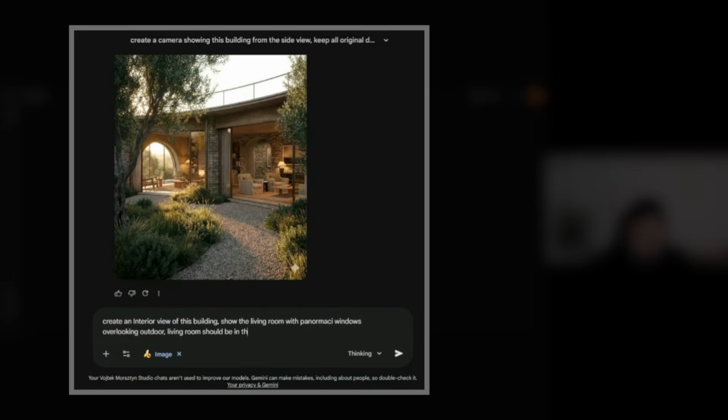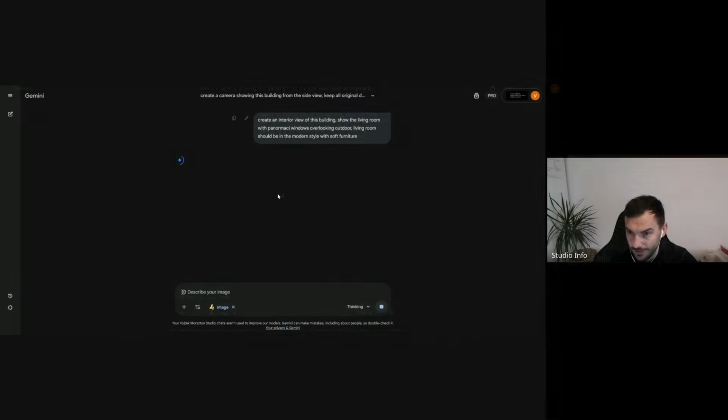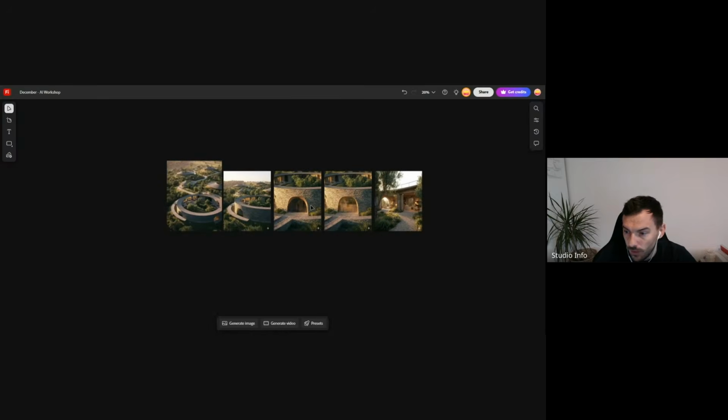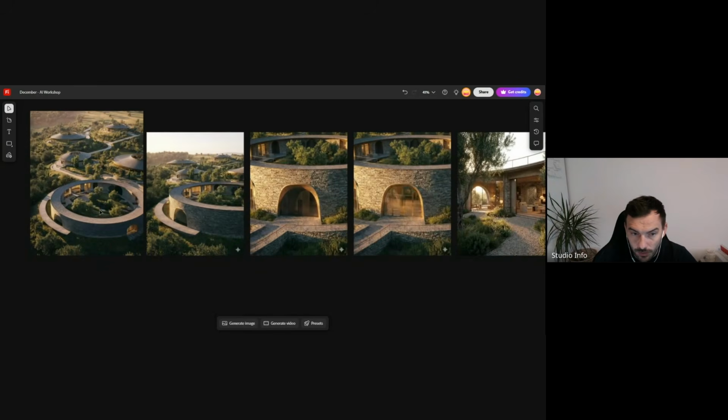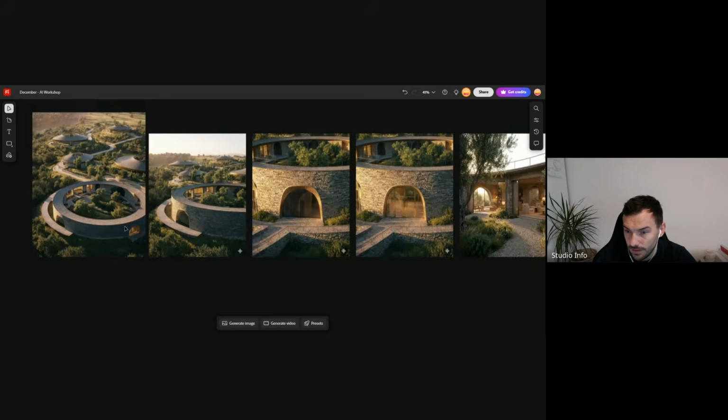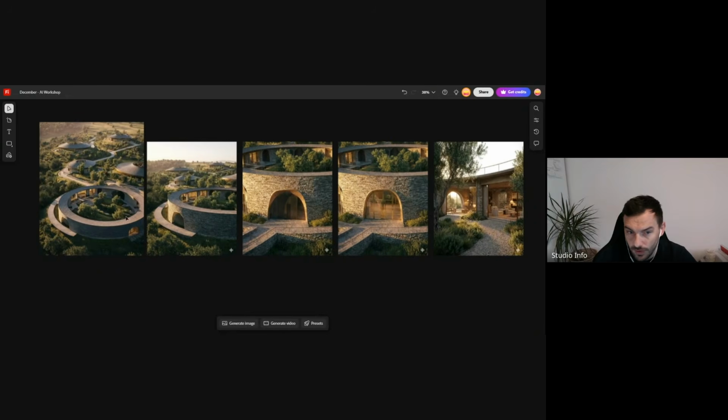Should be in the modern style with soft suspension. And let's just see that. So while we are waiting for another creation, I can show you here the progress of this one